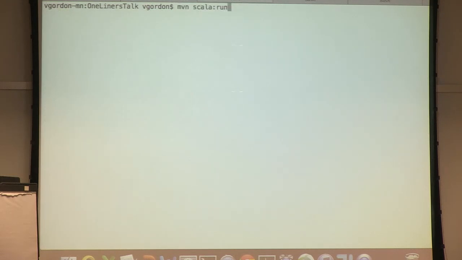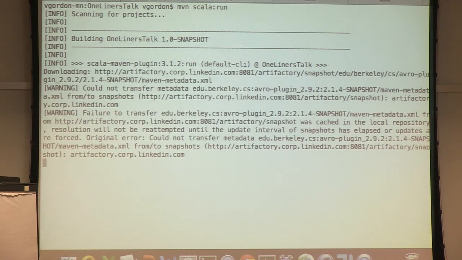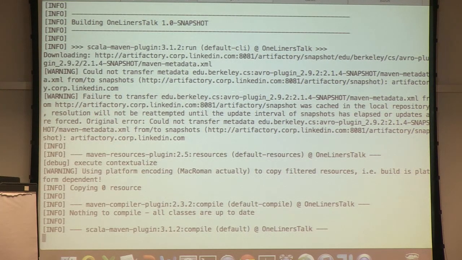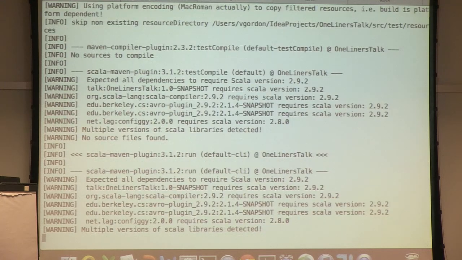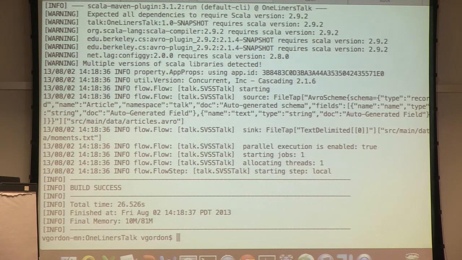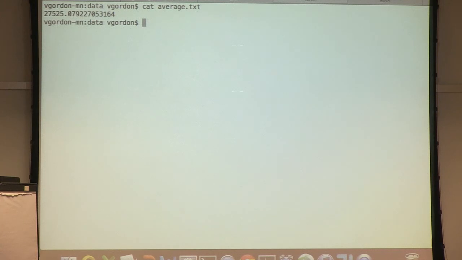And again, clear, we'll do the Maven Scala run. And hopefully this time we will get, so remember, one of the moments is the mean. So hopefully in the mean we will get the same number we got before, and we'll get other numbers as well. That is very useful for us to understand how our distribution looks. Awesome. And now cut moments.